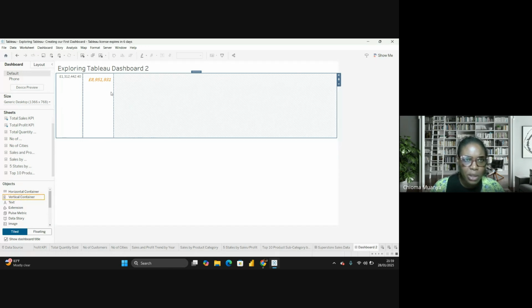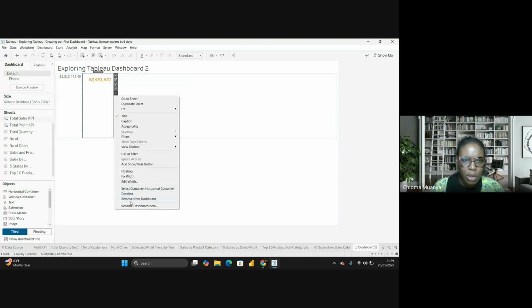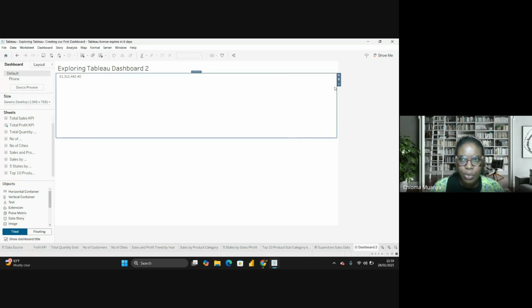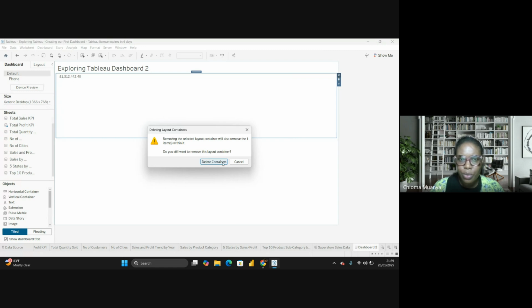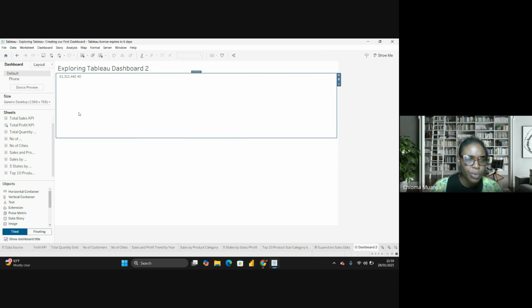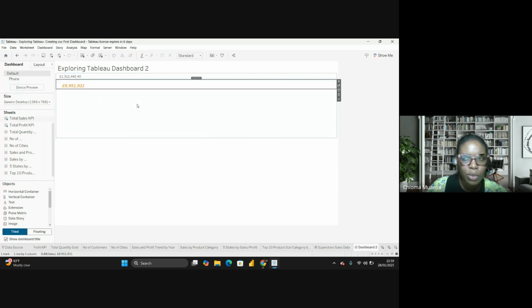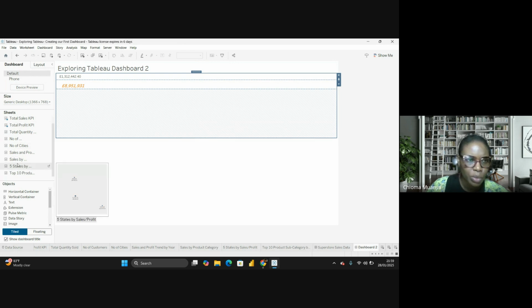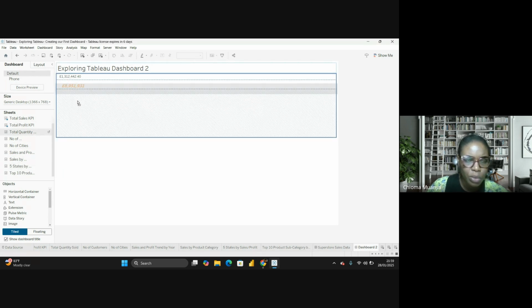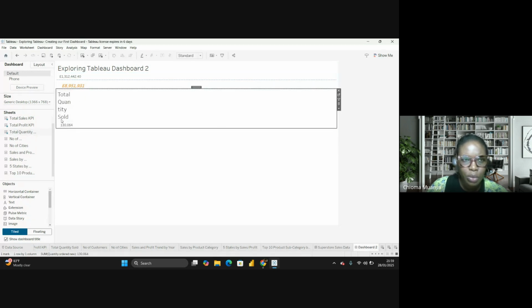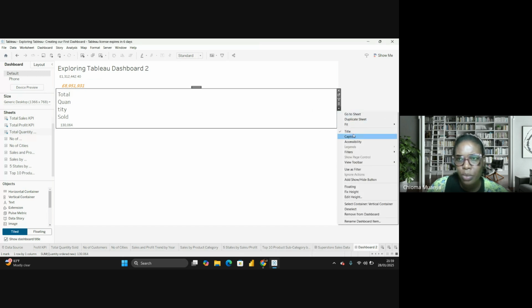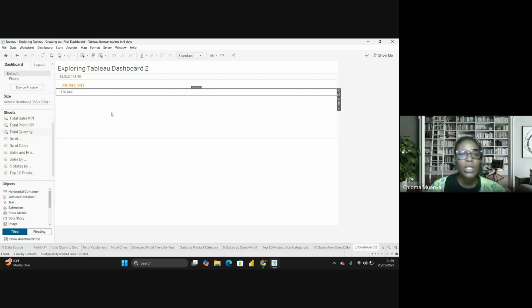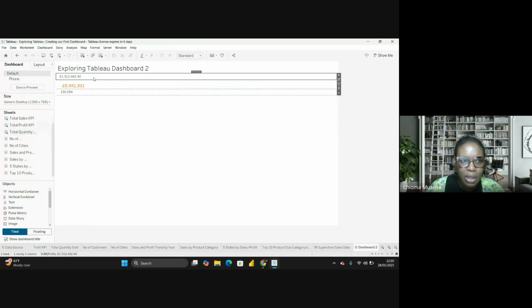I want a vertical container. Because this is a vertical container, all of them just go in there.